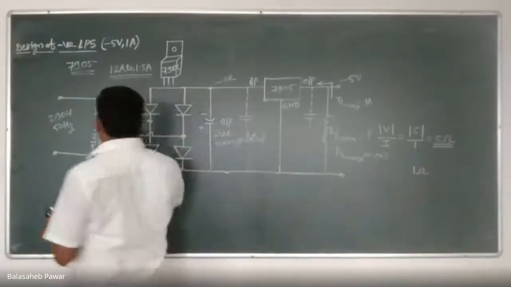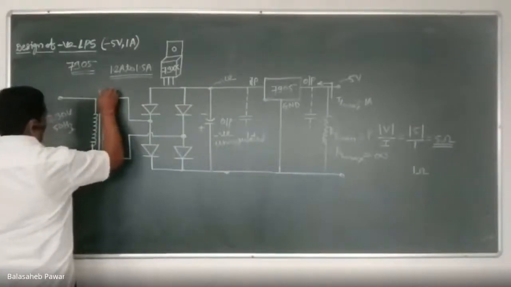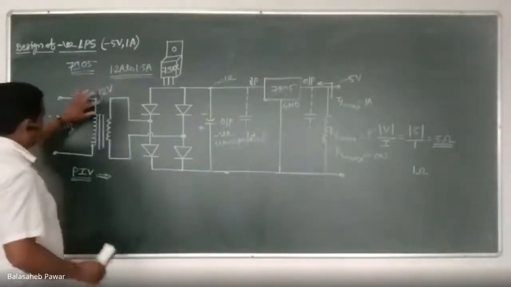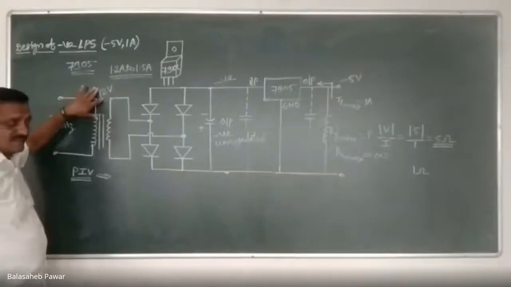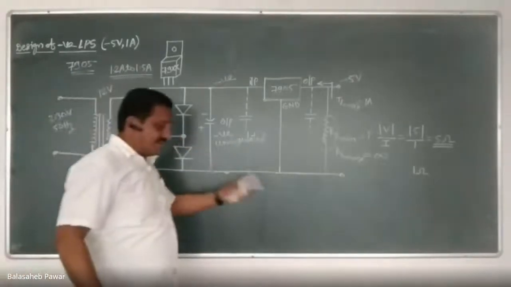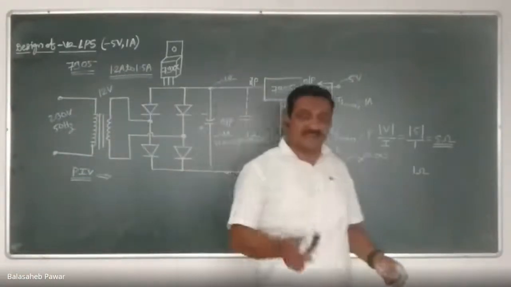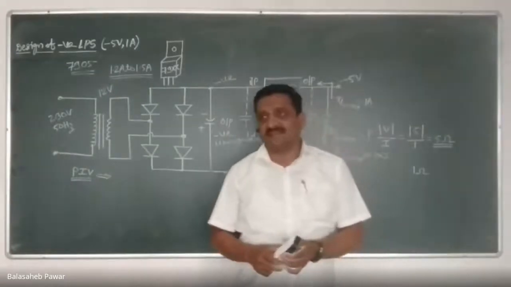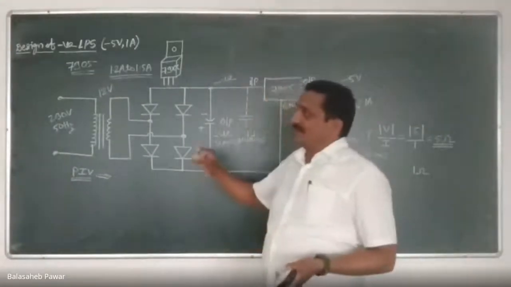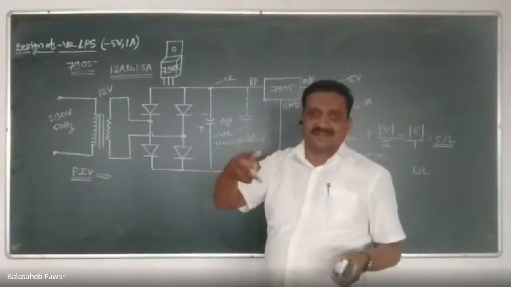And whenever you prefer this 12 volt transformer, don't consider this 12 volt as a peak voltage. This 12 volt is the RMS value. You have to calculate it in terms of peak. As we know, during the first positive half cycle, 2 diodes are in conduction while 2 are in